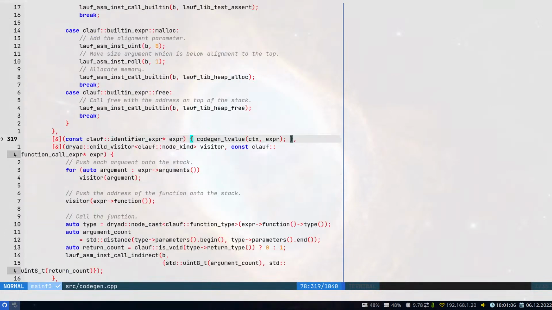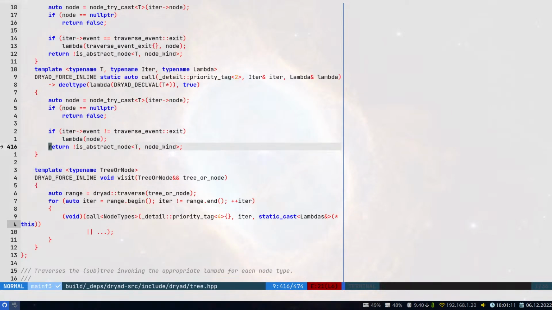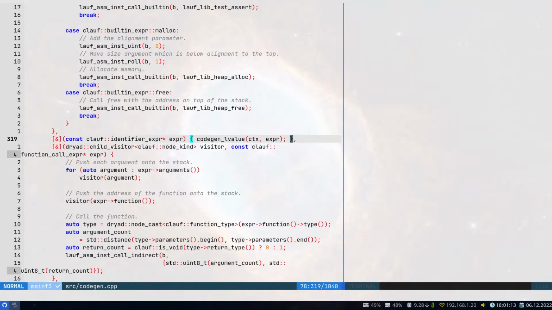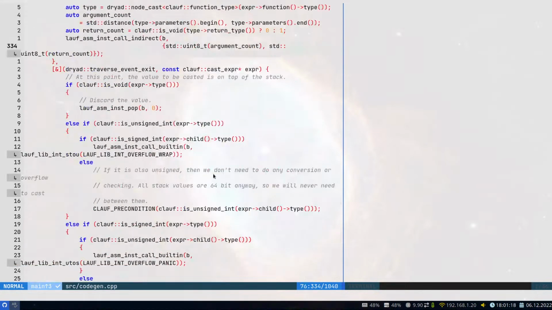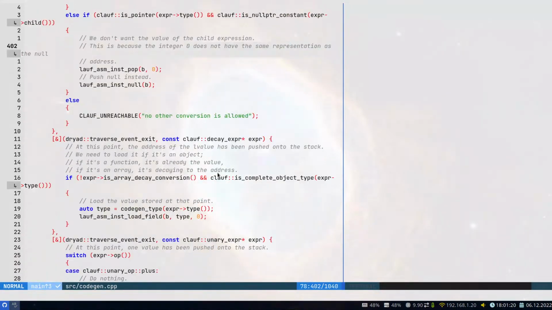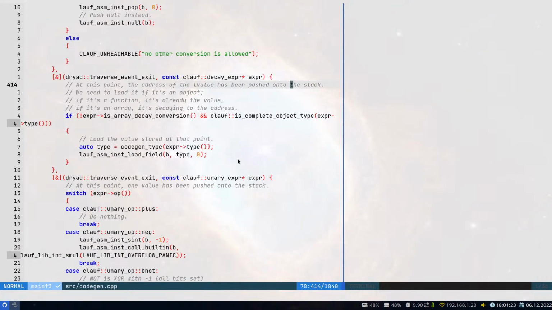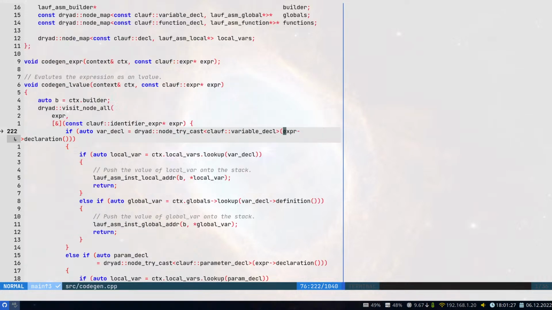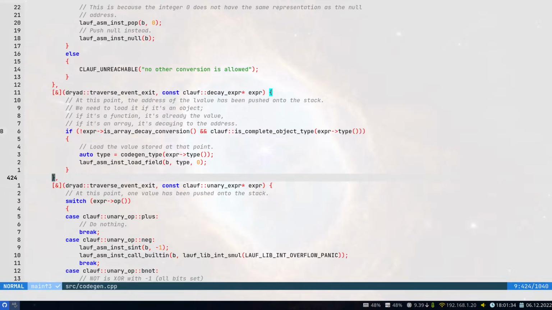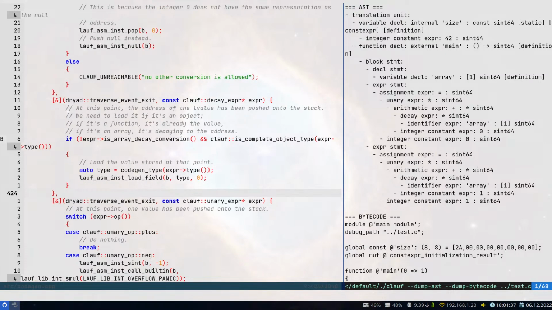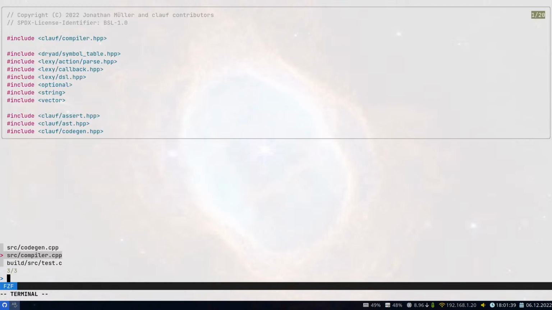And now if we continue on, we should eventually, hang on, this is impossible to debug. So we got now the address, and now somewhere in there we've got the L value to R value conversion. Yeah, decay expression. Maybe not. Oh, hang on. I think I know what the